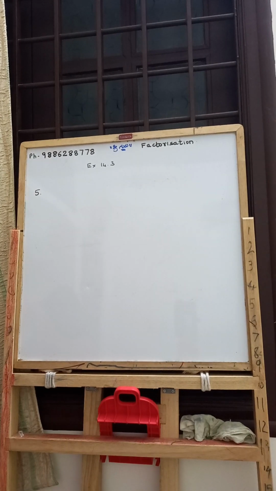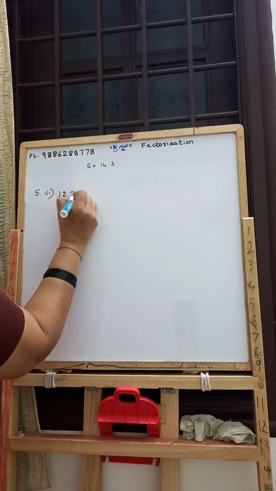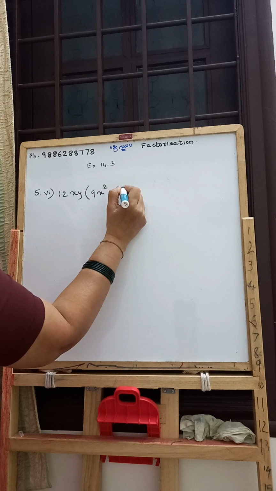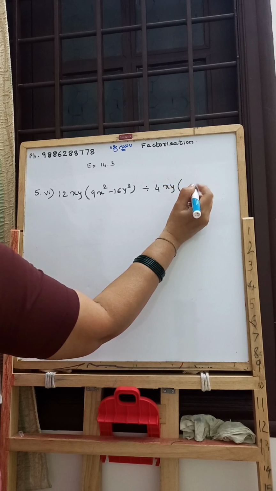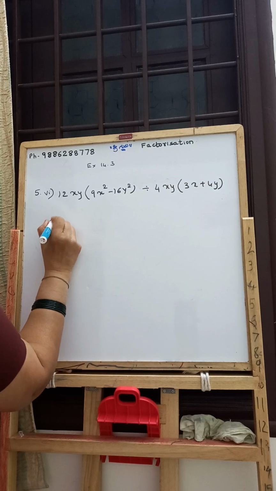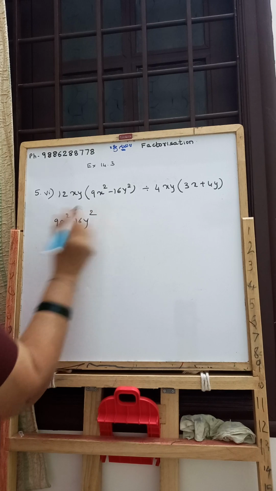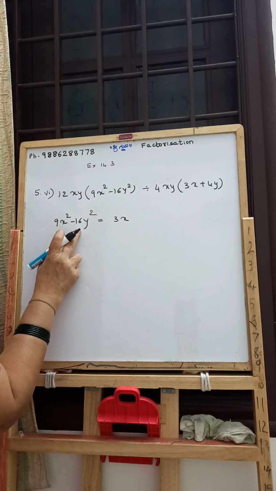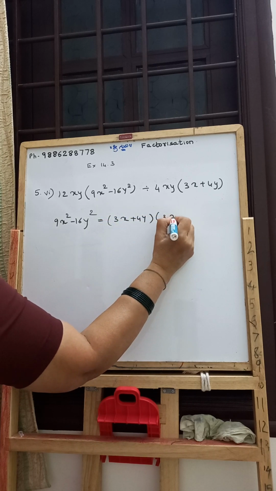And now the sixth one. 12xy into bracket 9x square minus 16y square divided by 4xy into bracket 3x plus 4y. 9x square minus 16y square: here the first term is the square of 3x and the second term is the square of 4y. So we can write this directly as,